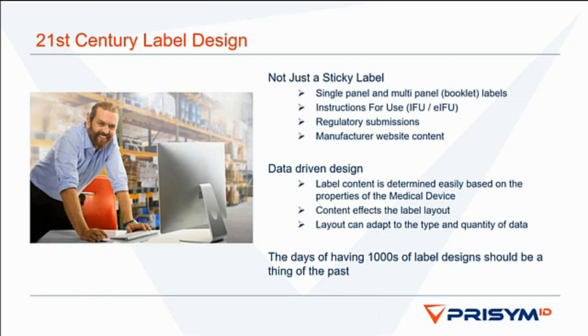For a traditional single panel label, every piece of white space is valuable. The EU MDR requires more information to be added to what was already a very busy space. It's no longer enough to just dynamically size content to fit in regular spaces on the label. Being able to flow data around images or barcodes can allow areas of the label to be used that were previously unavailable. Every piece of white space is valuable. You're not only going to produce artwork that meets regulatory requirements, but it also needs to meet the aesthetic requirements that you want to project as a company for how you want your products to be seen.